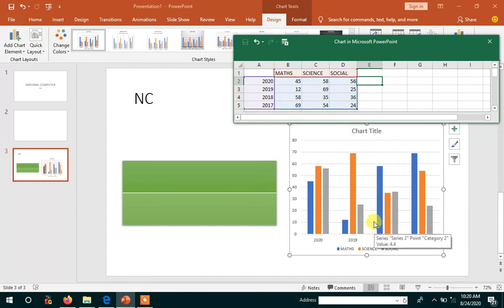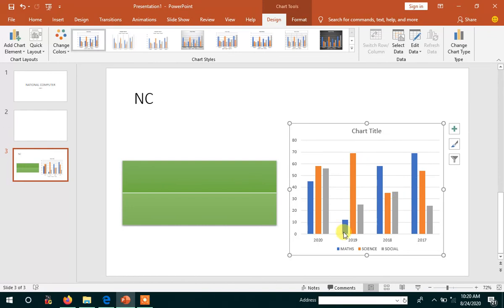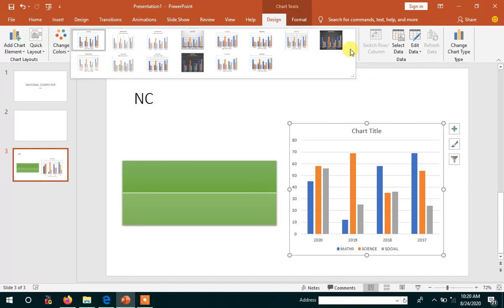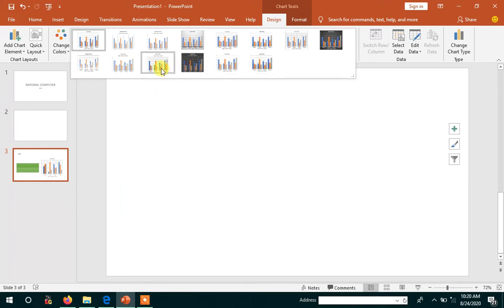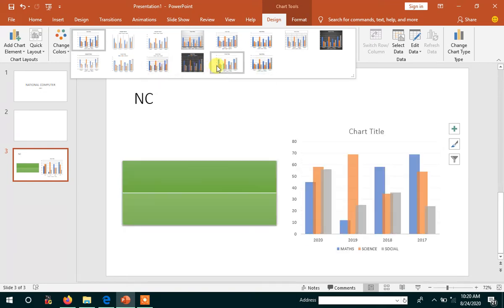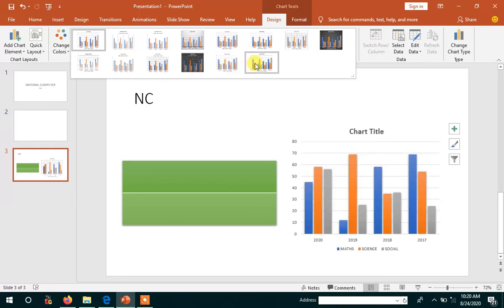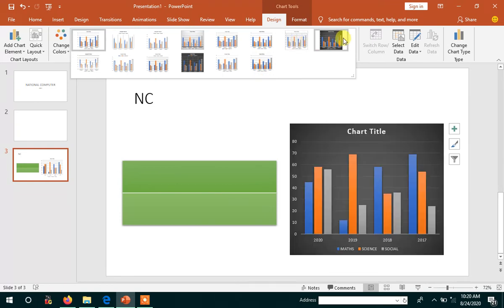Then in the chart also, the entire details change. Okay, now let it be, cancel, and this is the chart that has been designed. If I want to change the style or design of the chart, you have to take whatever style you want, then that is changed in the same way as your selected design.